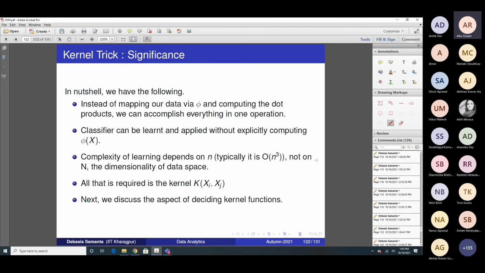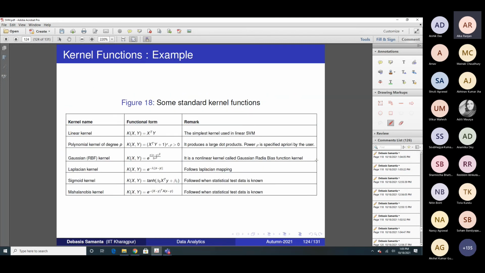Around 50 or so kernel functions exist, but a few are very popular, and most of the time the data given to you can be fitted with them. I have listed around 6 kernel functions here. One is the linear kernel. It is simply nonlinear in name, because it is not doing anything, just transforming linearly.